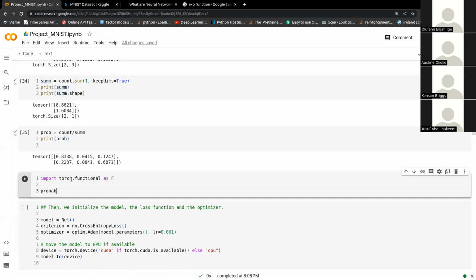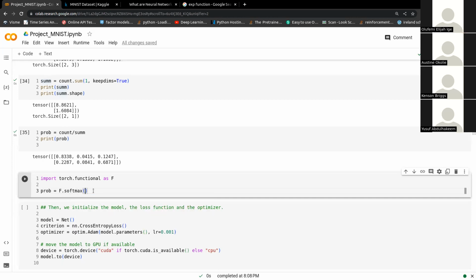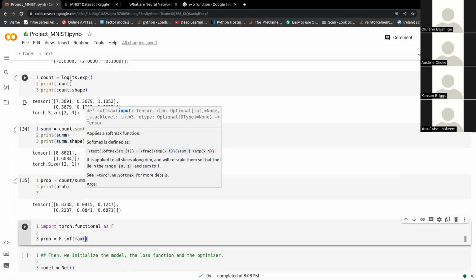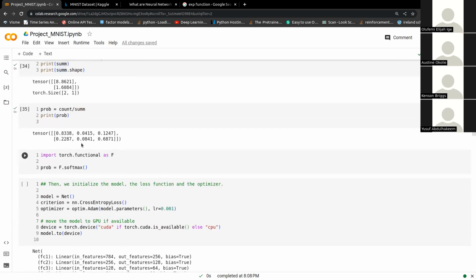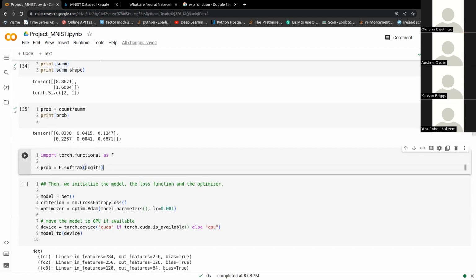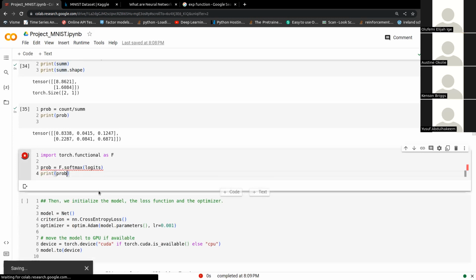And what we can just do is to find the probability. We don't even have to do all of this we are doing, just call the F.softmax. Remember I said softmax would convert it to probability. So if we feed in our raw logit, if we feed it into this place and we print our probability, you will just see the result,